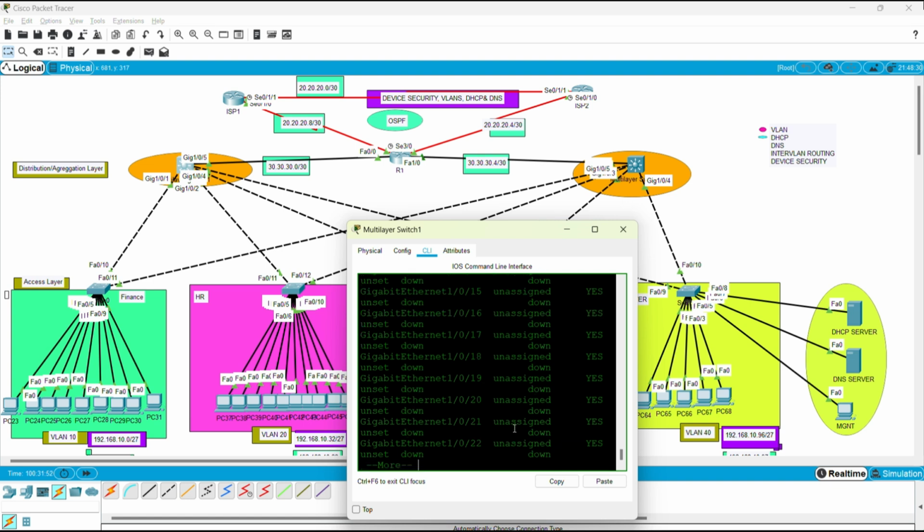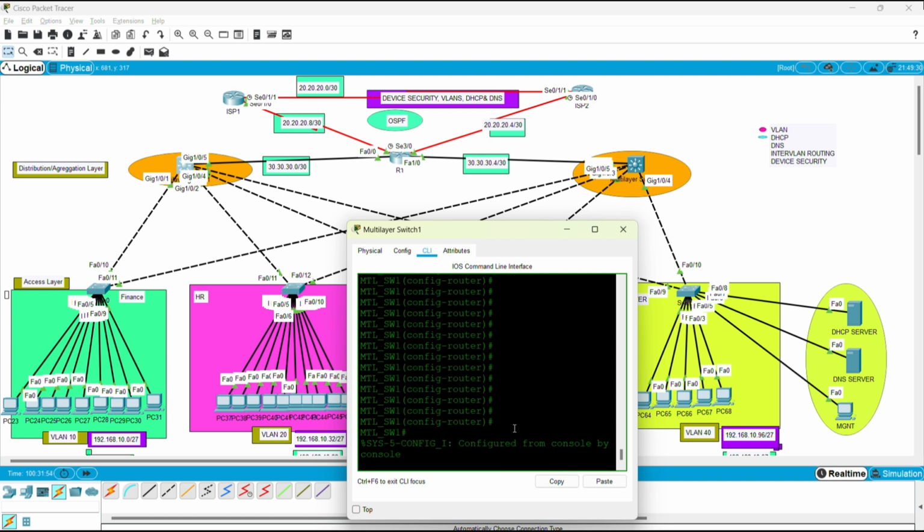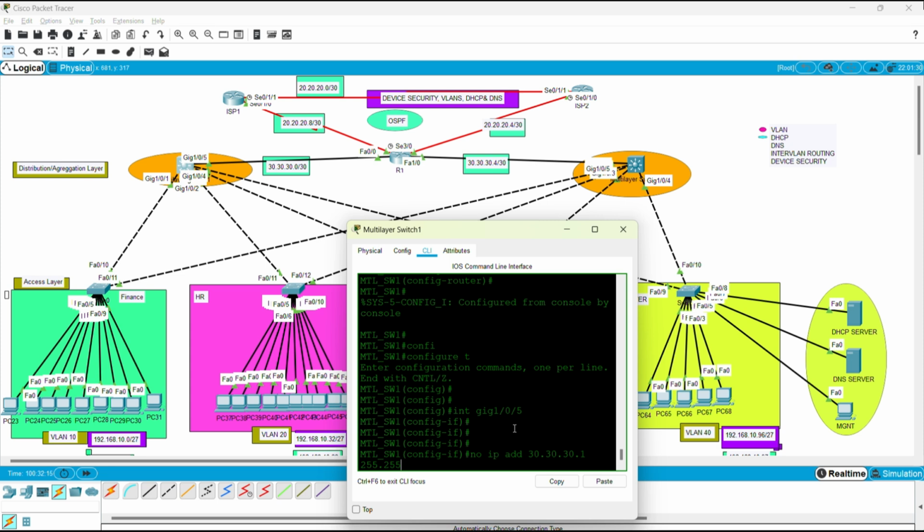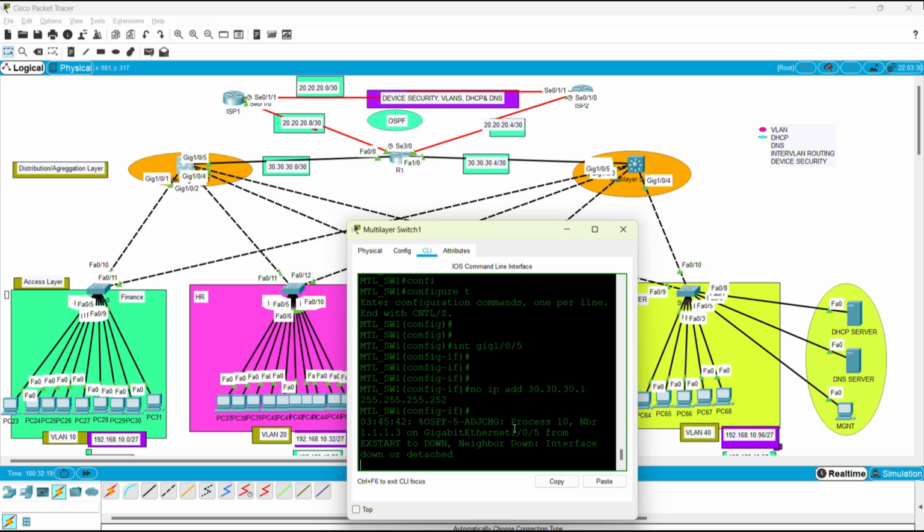In this case, I will come here and select interface gig 1/0/5, and then I will say no ip address 30.30.30.1 255.255.255.252. Okay,